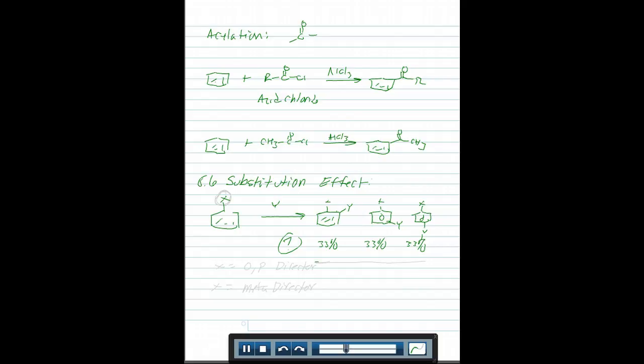All right. If you got a statistical mixture, I would just say you get a statistical mixture and that's it. Obviously, you don't. You actually favor one of these structures over the other, all depending on what X is. Okay. So your X group can either be an ortho-para director, or X can be a meta director. All right, and what that means is that the group originally on the ring, so whatever X is,